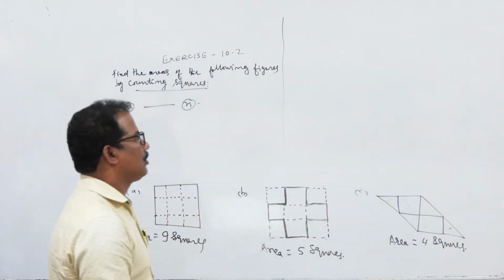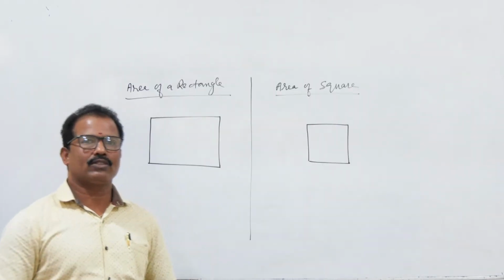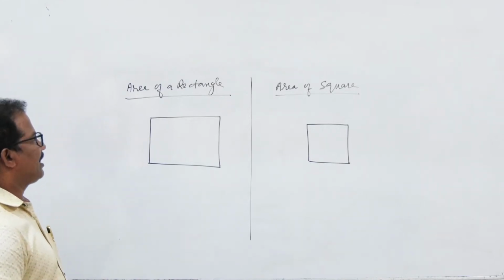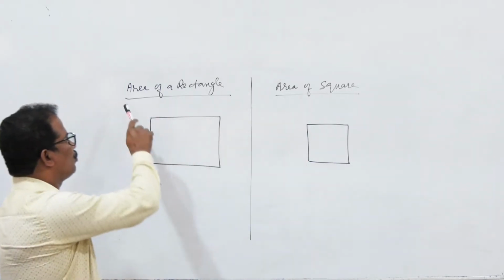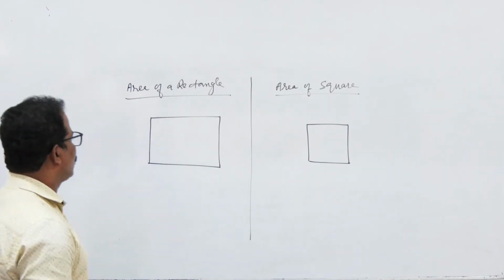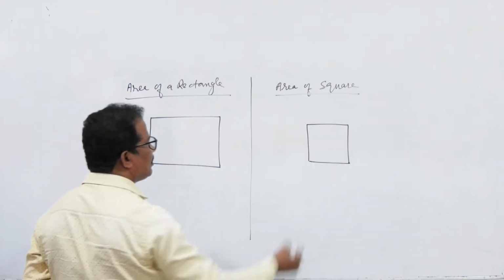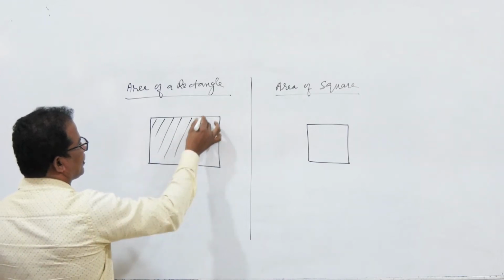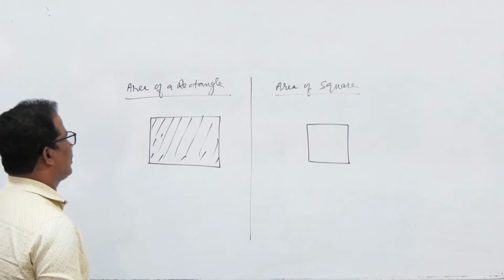Understand? Similarly you can do the remaining sums from these pictures. Okay? Good. For the next topic, we are going to see 2 diagrams, a rectangle and a square. So the area of the rectangle and the area of the square. These 2 topics will be taught in the next exercise. For that, we use the knowledge we are getting here. Area is what? How much space is occupied by this picture, that is the rectangle.